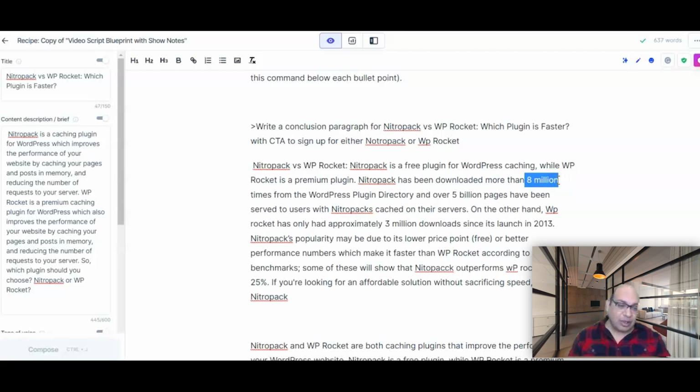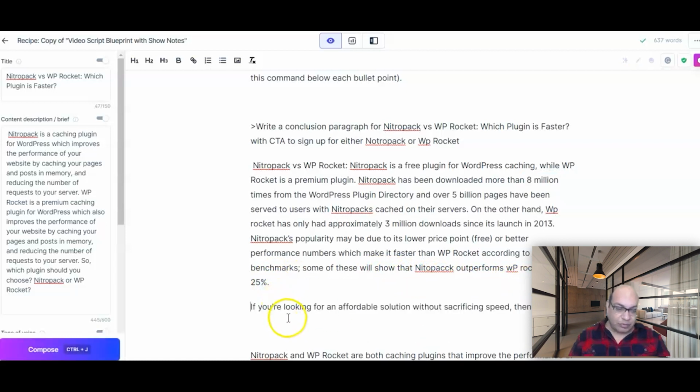Just double check whatever Jasper comes out with, is this correct or not. On the other hand, WP Rocket has probably 3 million downloads. NitroPack's popularity may be due to its free offer, or better performance numbers, which make it faster. If you're looking for a free version with no sacrifice, then NitroPack, right? So it has the call to action right there.